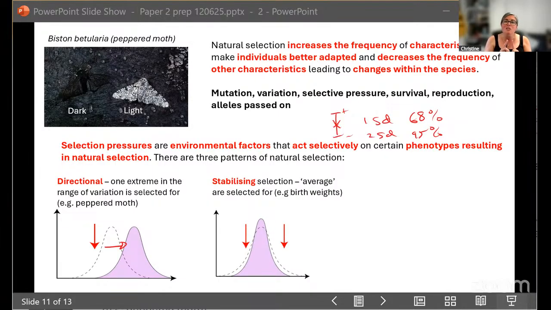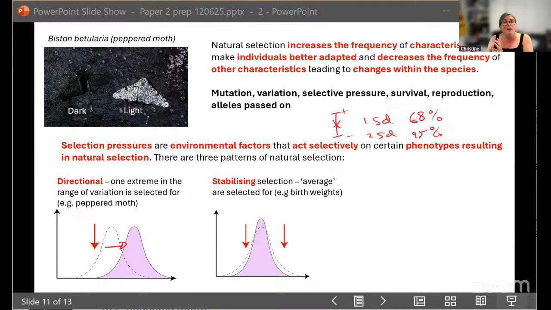Now it doesn't mean you don't get birth weights which are lower and that you don't get birth weights which are higher. It's just that the average is the middle. Now it says here, in stabilizing selection, we are selecting against the higher ones. Now, what does that even mean? If you have a lower birth weight, then it will mean that the embryo and the fetus has maybe not developed enough and therefore is more likely to not survive, sorry, is more likely to unfortunately have complications and to die. So you can have a few of them, but you don't have a lot of them.